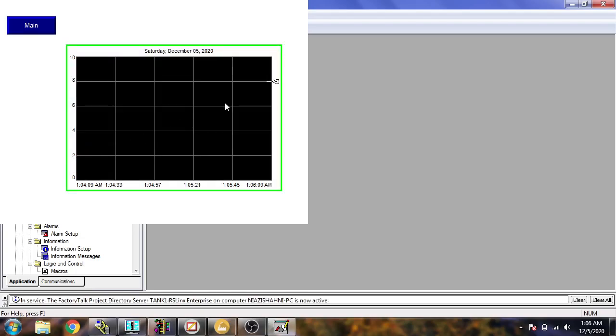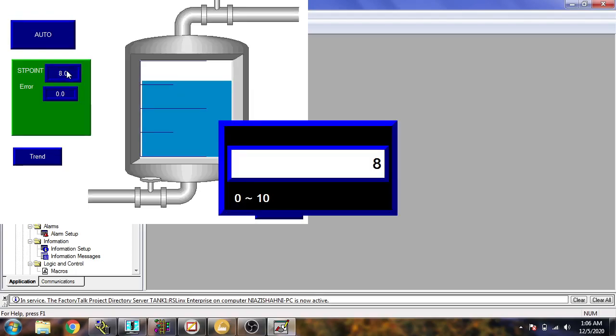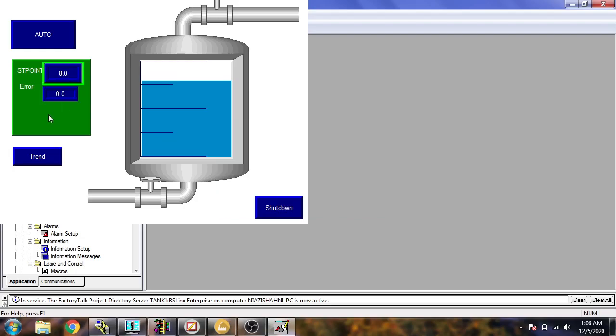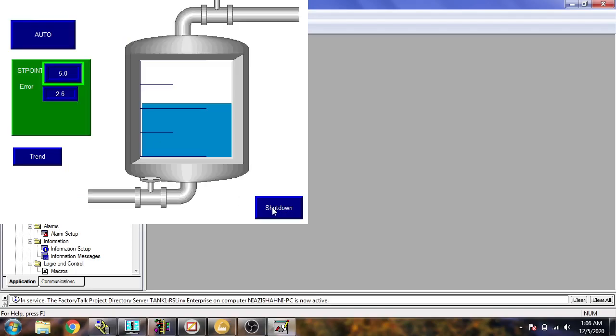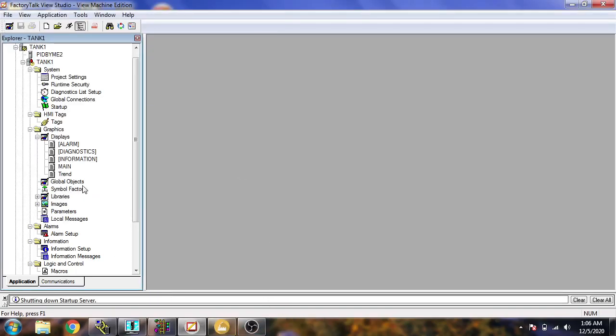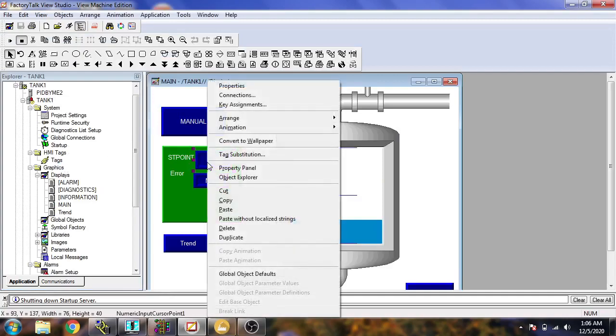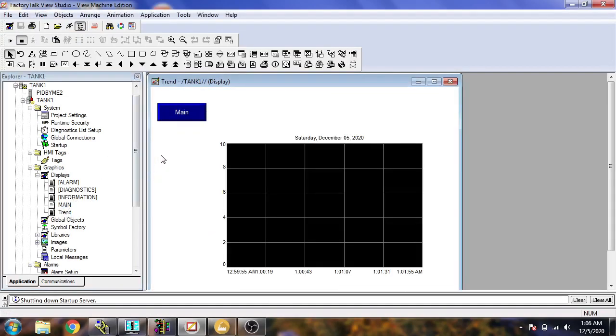So that's how we will see our trending is going to work. I'm going to name it and make it 5. It will change now. You will see it will go 5 to 8 to again 5. And now I'm going to main and just copy that one to my trend